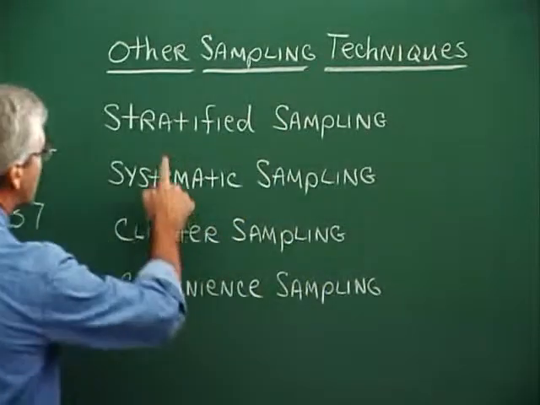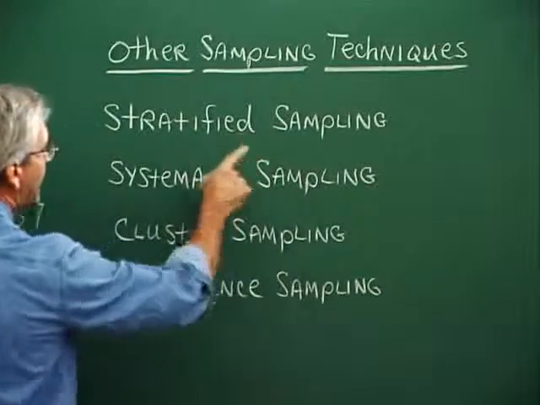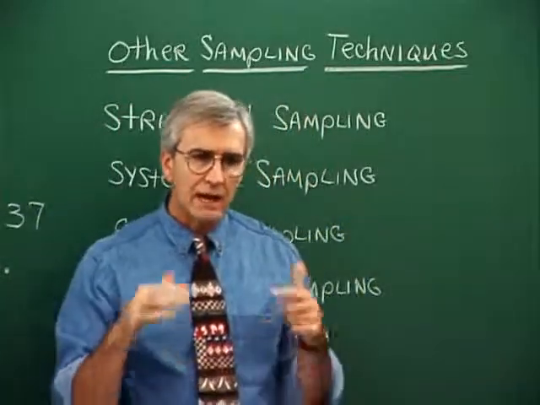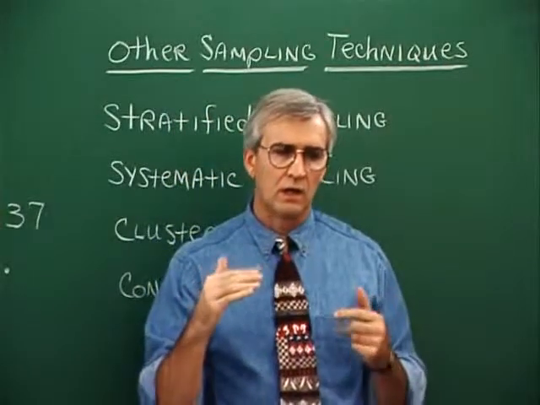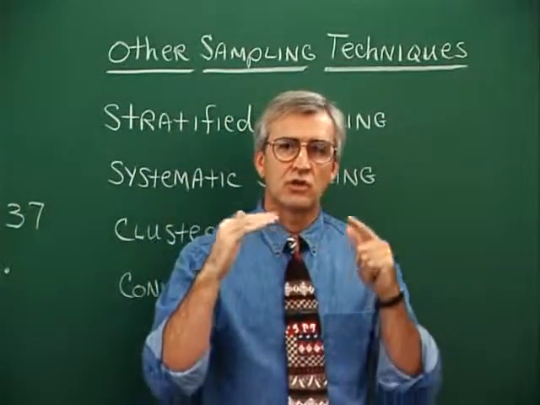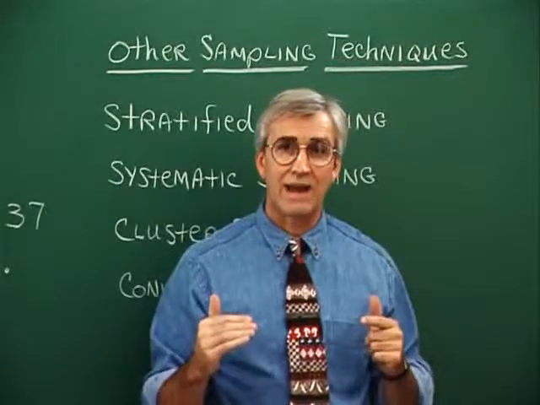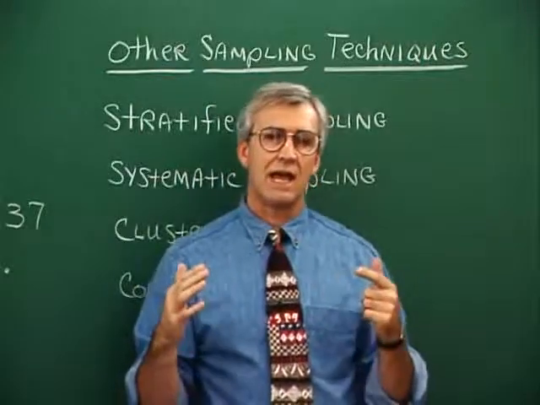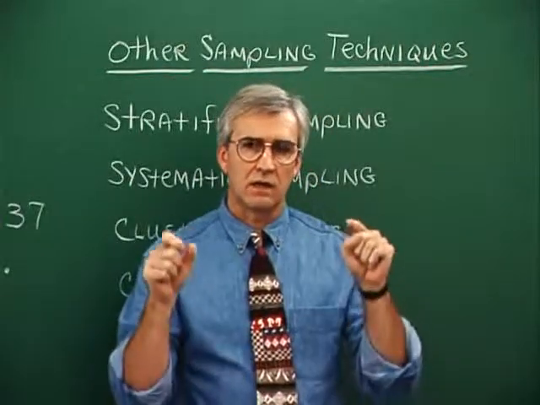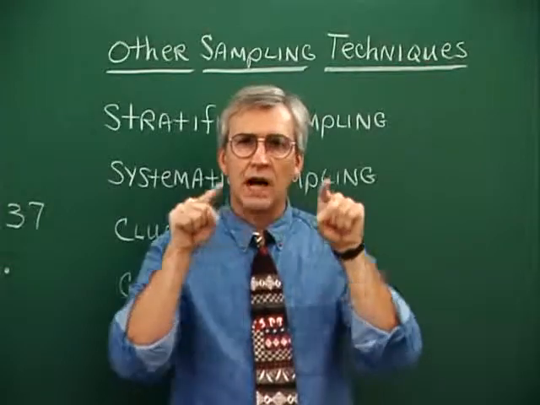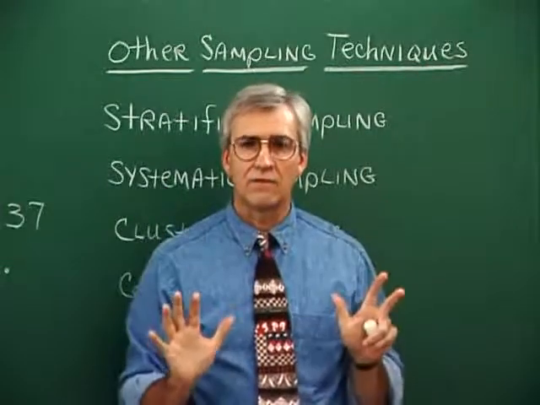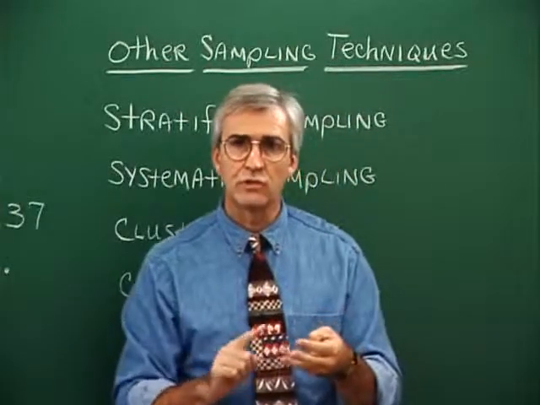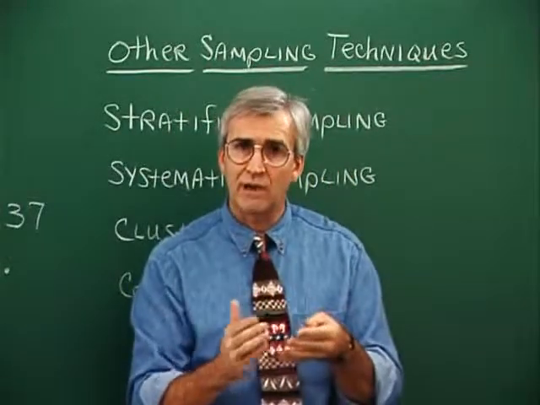One of them is called stratified sampling. Stratified sampling occurs if you can take the population and divide it into strata. Now, strata is the plural of stratum. But stratifying a population is kind of like having, let's say, a high school class. All of a high school can be divided into freshmen, sophomores, juniors, seniors. You see, so we're stratifying the entire